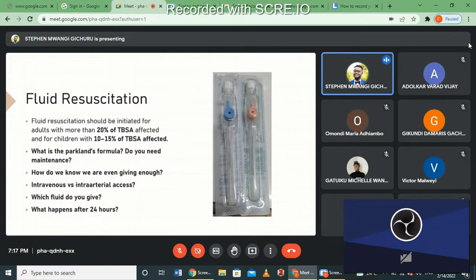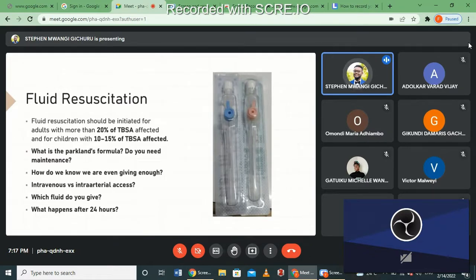There's a high chance. So just give 0.5 to 1 ml per kg per hour. That's the output that you want, the usual. And then check the urine to see if there's any issues. Is there blood in the urine? Because that would suggest that there's some acute kidney injury, especially with the electrical burns. So intravenous or intraarterial access,